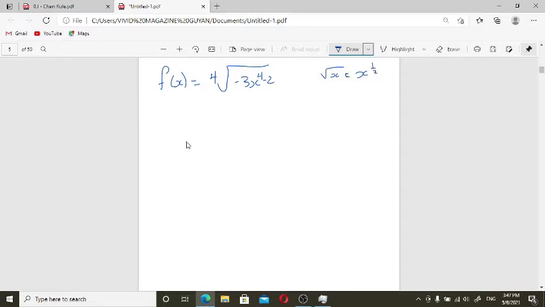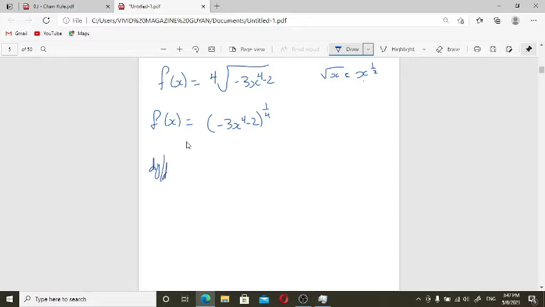Reason being, I'm telling myself to write back whatever's under the root symbol. Whatever power is going to go at the top, and the root is going to go as a denominator. So if I rewrite this, what I'll have in a bracket is (minus 3x to the fourth minus 2) raised to a quarter. And then of course I